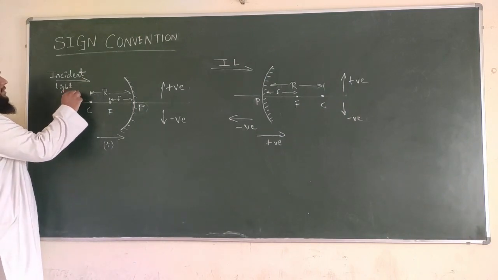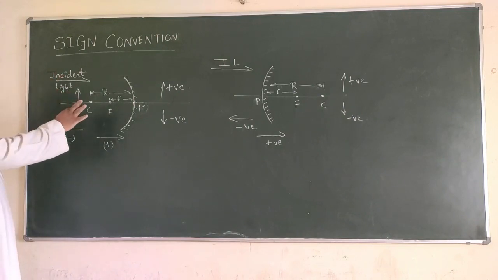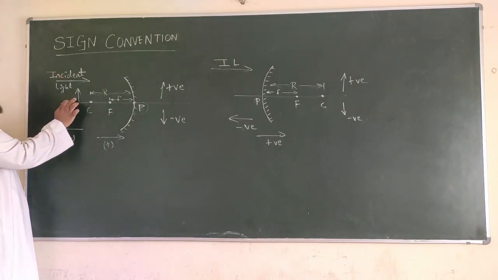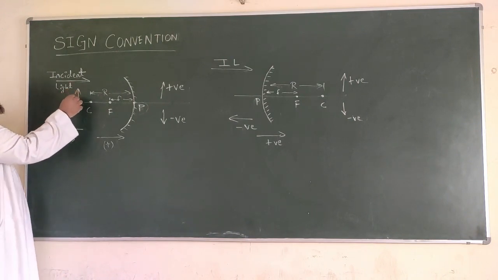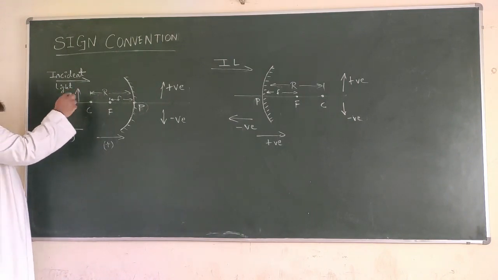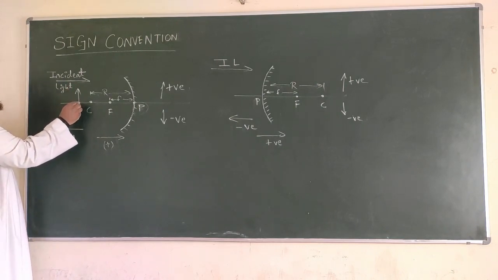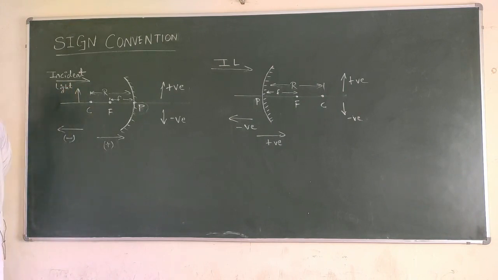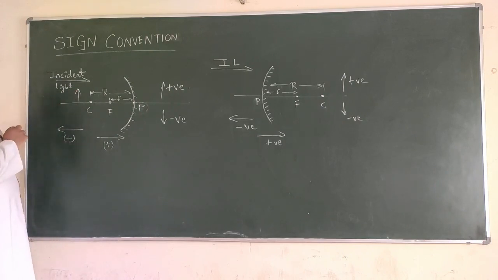Say for example, here you have the object. By the way, in your ray diagrams, this is called a ray diagram. In this, whenever you keep an object, for example, a human being is standing, I will not be drawing the whole human being. I will only be drawing an arrow mark showing that this is the object. In the object, this you can call the tail, this you can call the head. No matter whatever is the object, however big it is, however small it is, you will only be writing it as an arrow mark. Now, consider there is an object over here.